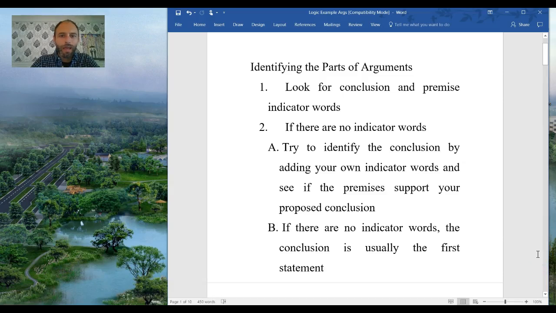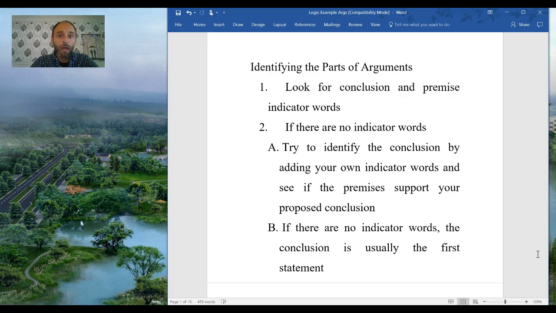Hi all. Today I'm going to walk you through a short lecture on identifying the parts of arguments, and we're going to work through some practice problems, and there'll be some quiz questions mixed in with the practice problems, so make sure you have a notepad and a pen because the quiz questions, when you get to the quiz on Canvas, it won't give you the question on Canvas. The questions will come from here, so you'll need to write down the answers so you can get the correct answer on the quiz when you open it on Canvas after you watch this.